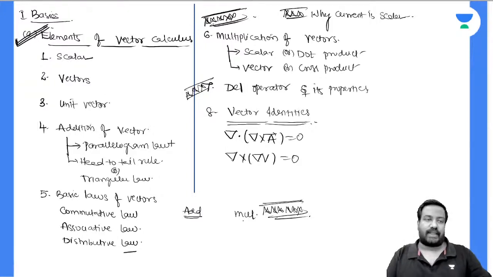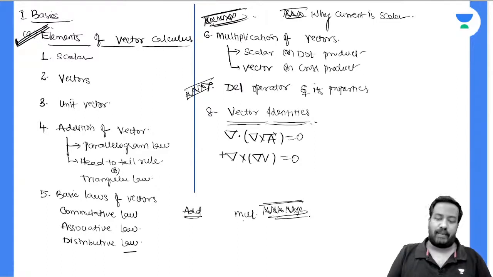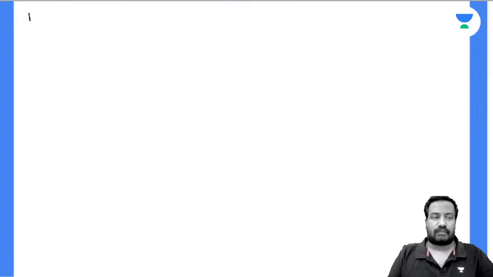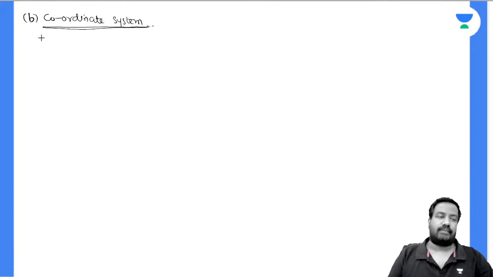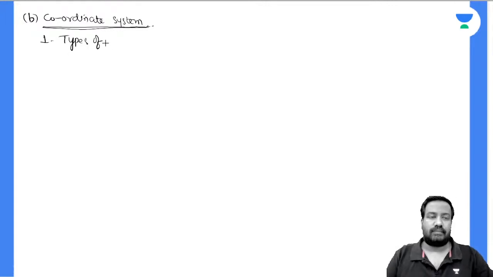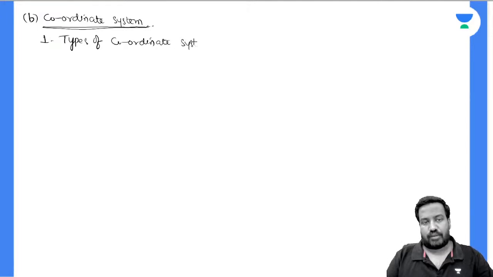Please go through the basics. Part A, elements of vector calculus. Part B, we had seen coordinate system. Let's see types of coordinate system first. Types of coordinate system we have seen